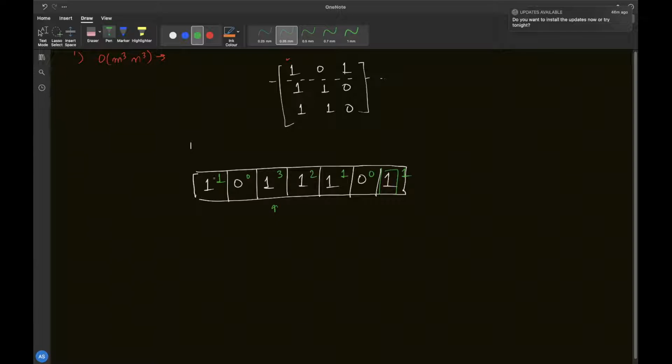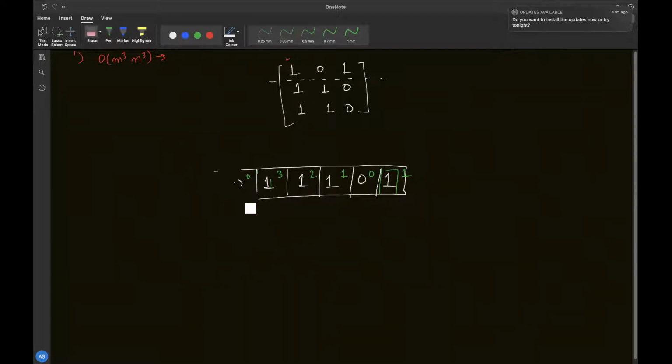So if we have only one row, this problem seems to be fairly easy. You just have to maintain the maximum number of contiguous ones on the right of it, including the element from where you are starting. Here it is 3, here it is 2, here it is 1, here it is 1, and likewise 0. So this is a very easy step if we have only a one dimensional array.